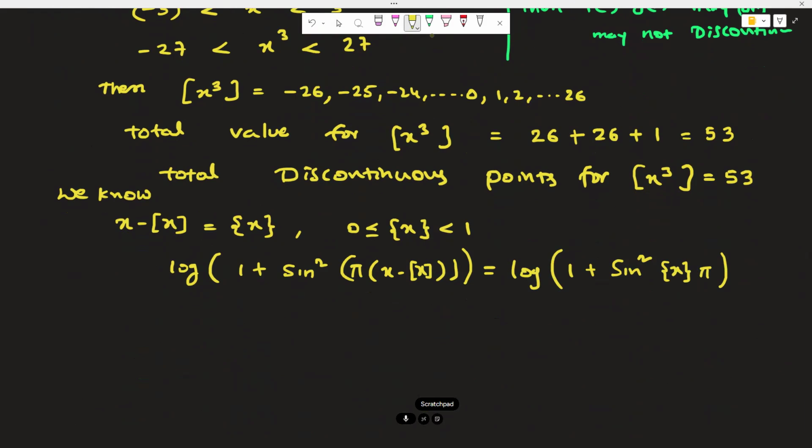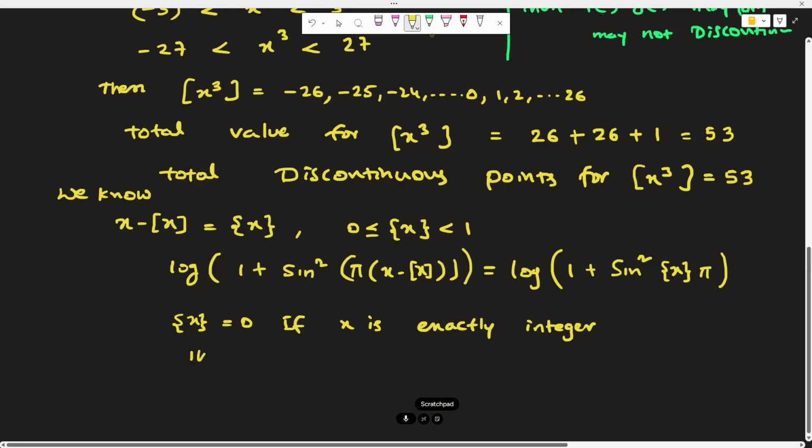Okay. And this value will be equal to 0 whenever this floor x is an integer. Floor x is equal to 0 if x is exactly an integer. So the possible integers